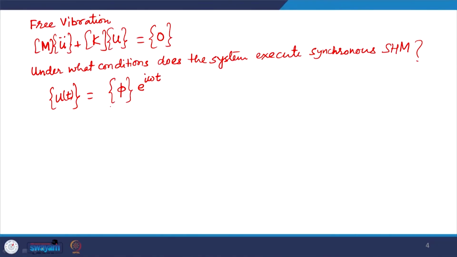So, when we substitute this, u double dot, the acceleration, will be equal to minus omega squared phi e to the power i omega t. So, when I substitute this in the governing equation, I get